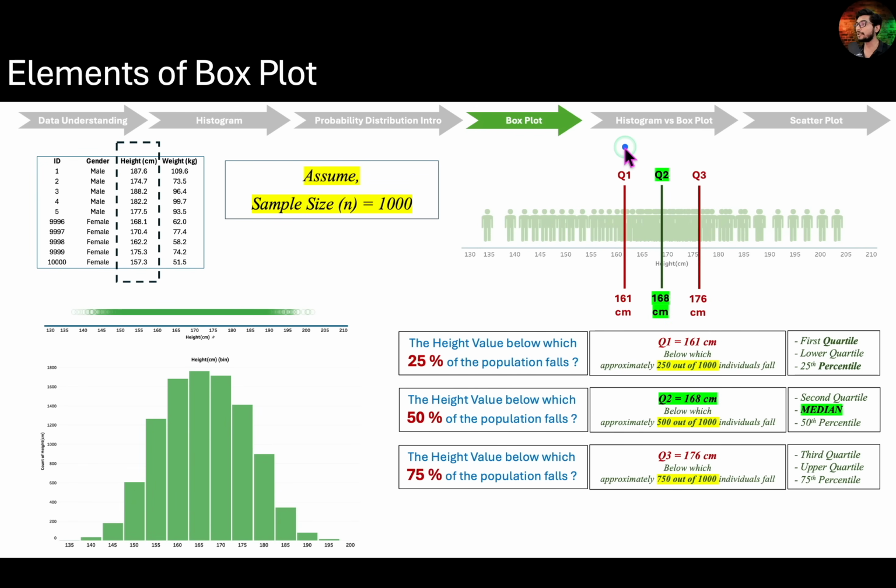What percentage of the population, or how many individuals, lie between Q1 and Q3? Take a moment to think carefully before answering. If you guessed that 50% of the population or 500 individuals lie between Q1 and Q3, then you're absolutely right. As I mentioned earlier, each quartile interval represents 25% of the population. So from Q1 to Q2 is 25% and Q2 to Q3 is another 25%, adding up to a total of